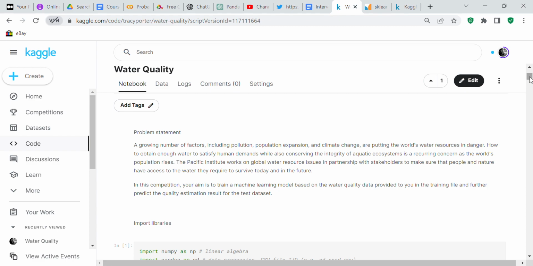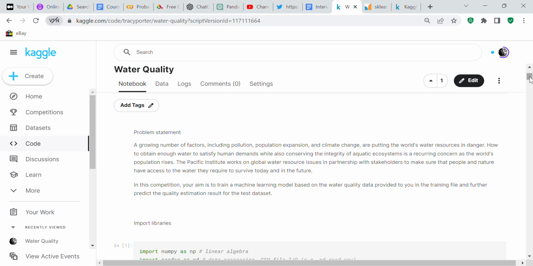So here's the problem statement of the water quality competition question. It was a community competition. A growing number of factors, including pollution, population expansion, and climate change, are putting the world's water resources in danger.